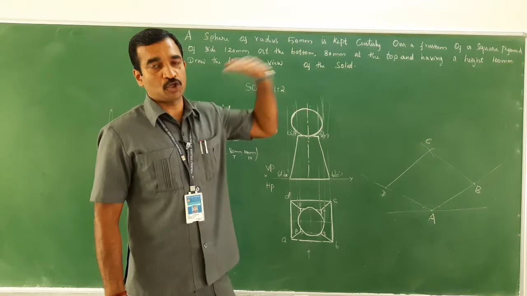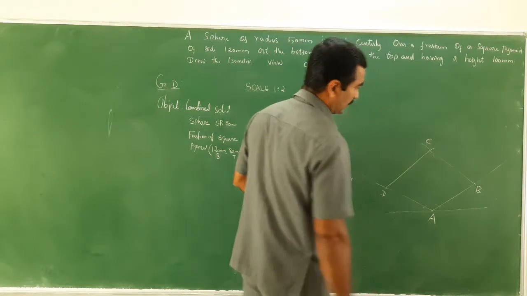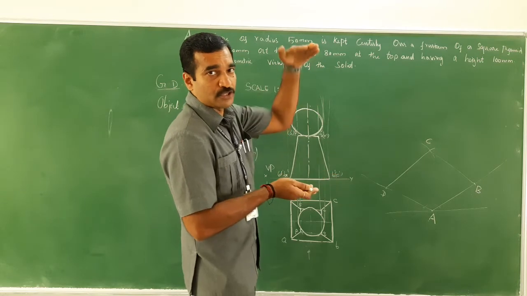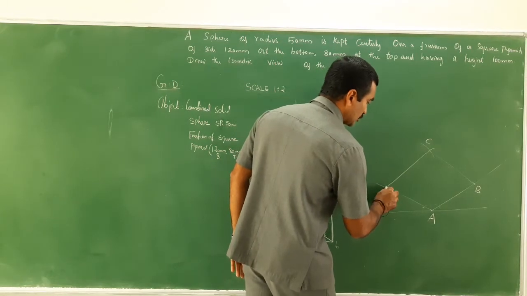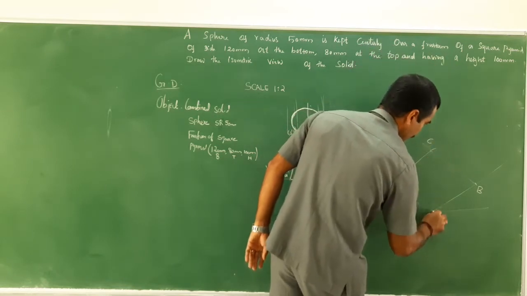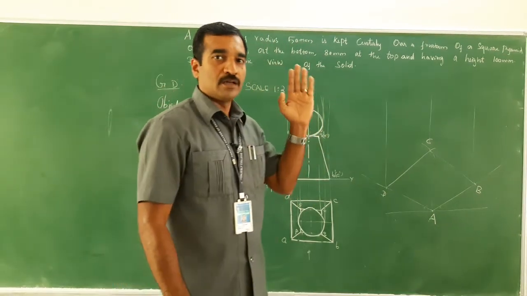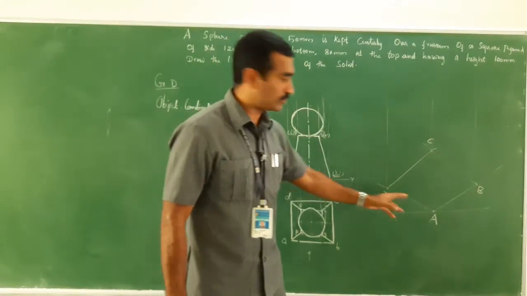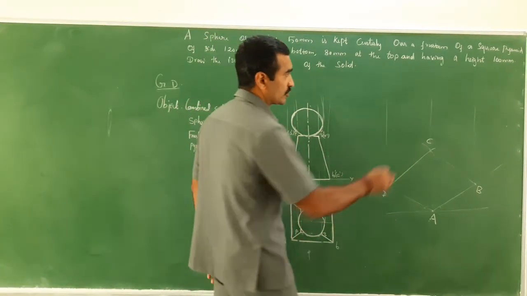So, I need to draw the top of the pyramid, that is a frustum, for which let me just project vertically for the height of 100 mm. That is the height from the bottom base to the top base. So, take 100 mm. Before that, you will have to draw a perpendicular line to the base. Since it is a square, A and C will lie on the same line, as it is 120 mm, 120 mm, right. So, it is a square. So, A and C will lie on the same line. Extend it.